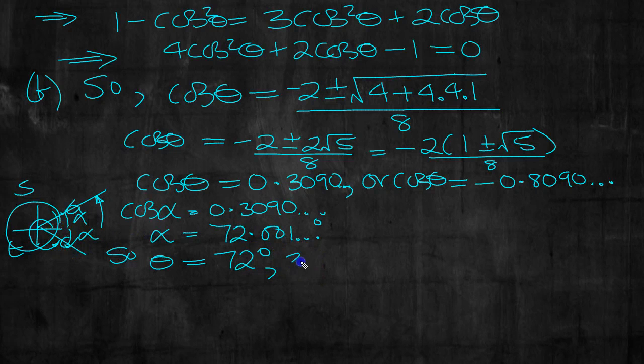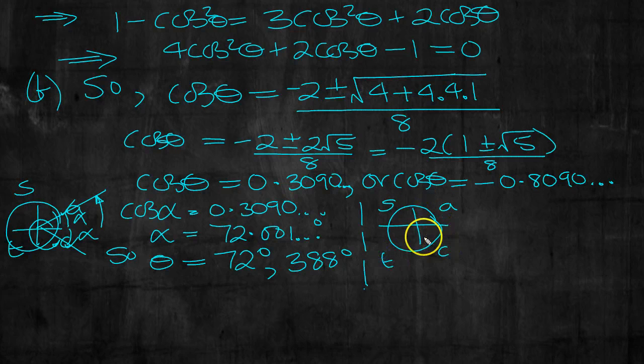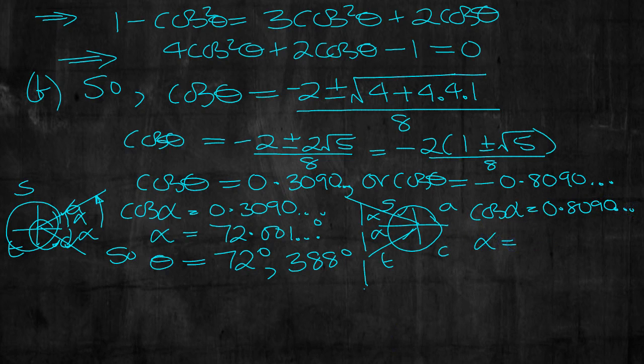360 minus 72 is 388 degrees. Let's do the next one. Circle, CAST. Cos is positive here and here, so it's negative there and there. 2 lines. Alpha. Cos alpha. Drop the negative, 0.8090. So alpha, shift cos 0.809